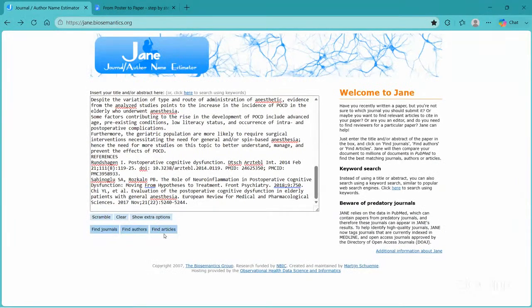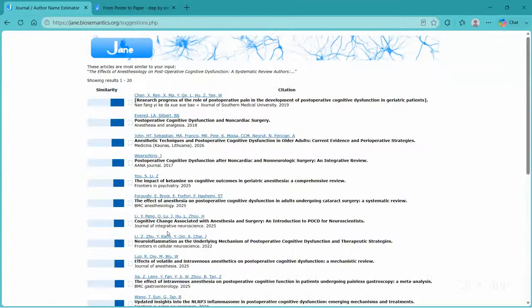And then you can also do the same thing with finding articles, similar to PubMed. You are just looking for articles similar to yours that you can also cite or use. Also, sometimes use them for novelty. Like you can tell that if you are trying to publish and many people have published something very similar to yours, then it's not that novel, then it might not be the best for this journal, for example.